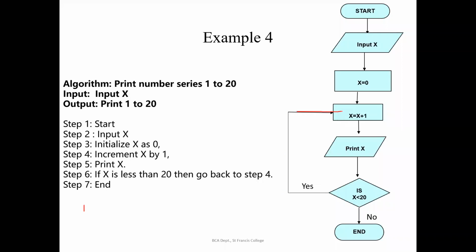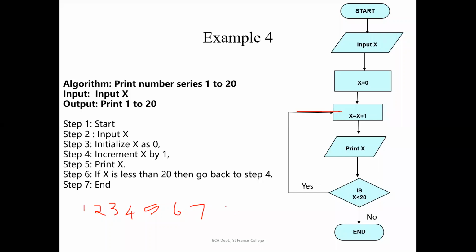Now it will be going to this process box. It will increment x equal to x plus 1. It will then be printing the value of x. So now what will it be printing? Second time, after going back from the decision box, it will be printing 2, right? So now the current value of x is 2. Now in the decision box, it will be checking whether x is less than 20. So yes, it will again go and print the value 3. Again, it will check x less than 20. Again, it will be printing 4, 5, 6, 7.